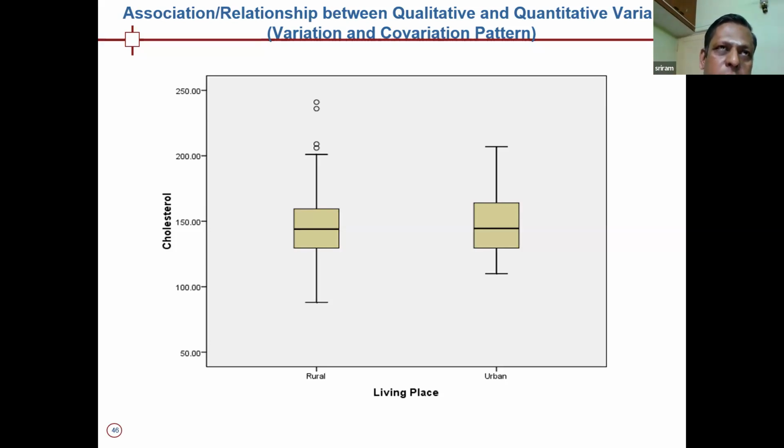Third thing is you have to test statistically. So that is the third thing you have to do. I have not shown this. You have to use, in statistics, we call the Student's t-test, the t-test for independent samples. You have to test whether there is a difference between rural and urban, and conclude that. Based on all the evidence, you have to take a conclusion or a decision.